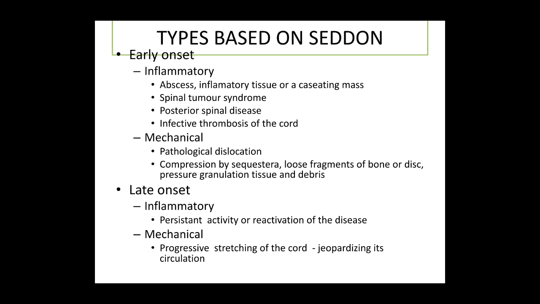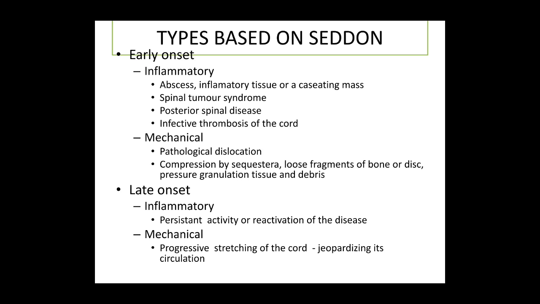Posterior spinal disease, as I told you, normally TB is a disease of the anterior and the middle spinal column, but if it involves the laminae or any of the posterior elements, it's called a posterior spinal disease. And then most important is a sudden onset paraplegia resulting from vascular involvement. So it could be because of an infective thrombosis of the cord, or else vasculitis of the spinal cord, or sometimes venous infarction. All of those carry a poor prognosis.